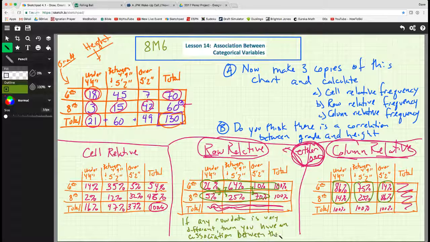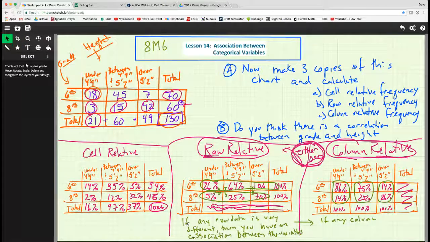the variables. Okay. And similarly, for column relative frequency calculation, if any column, you know what I'll do? I'm just going to do it like this because